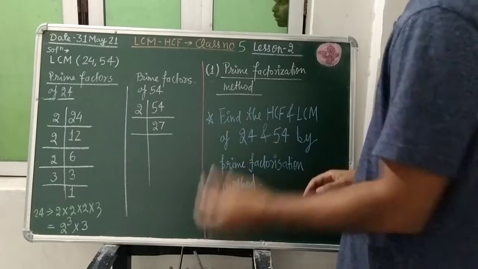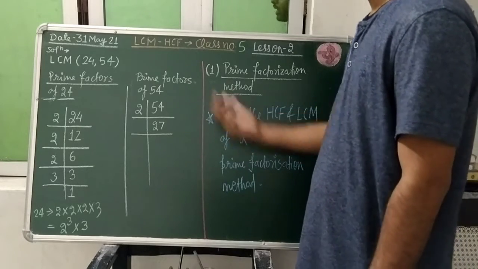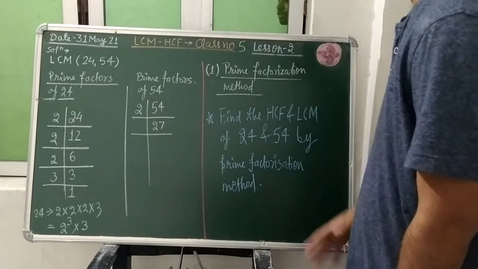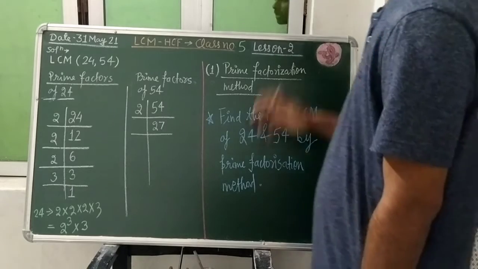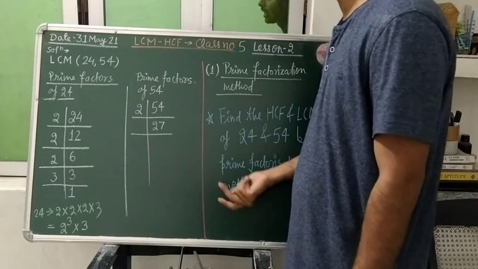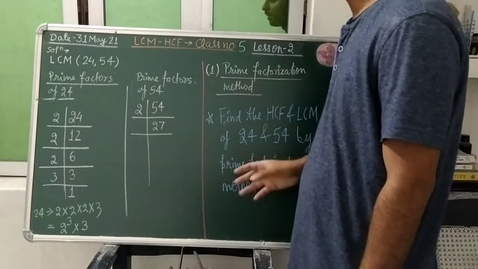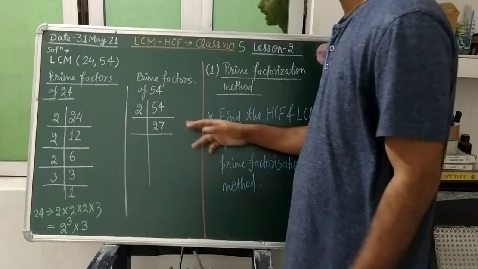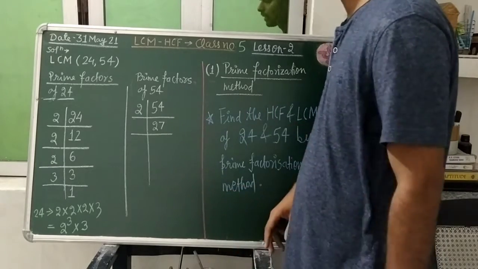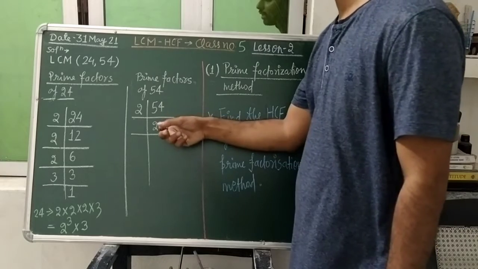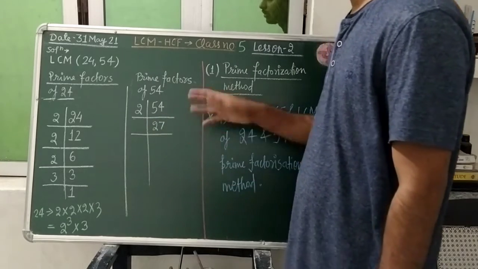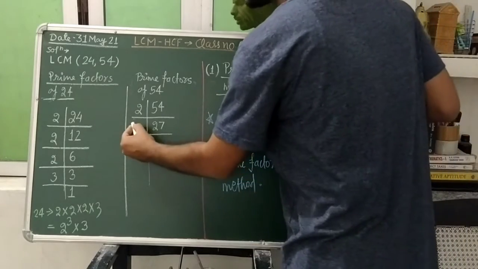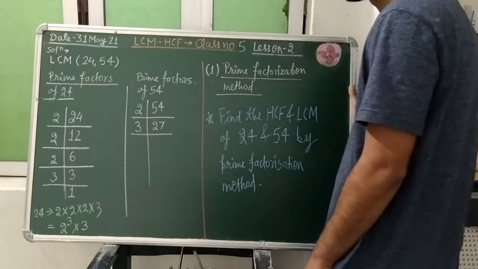So from 2 we have seen that 2 is not going to divide this, as at the unit place is an odd number, it is not an even number. Since at the unit place an odd number is present, 2 will not divide it, and for 3 we add all the digits, and if the sum of all the digits is divisible by 3, then the number will be divisible by 3. So here 7 plus 2 is 9, which is divisible by 3, so 27 will also be divisible by 3. 2 is not going to divide it, so we shall select the 3 here, students.